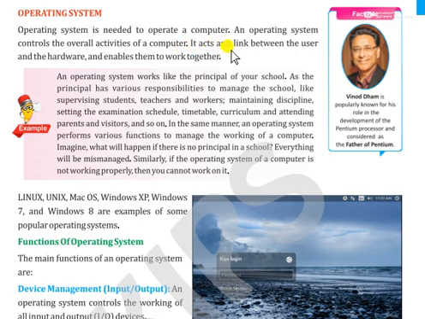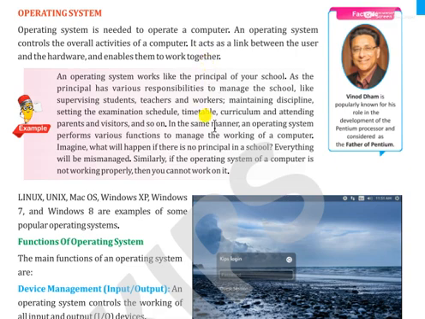It acts as a link between the user and the hardware and enables them to work together.